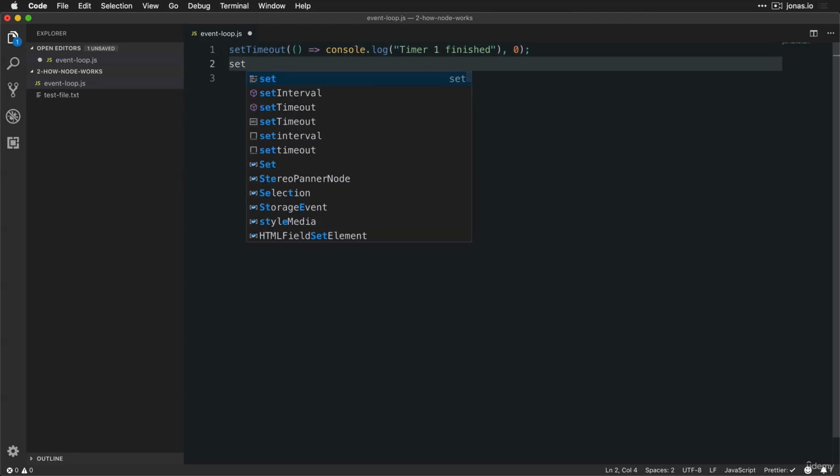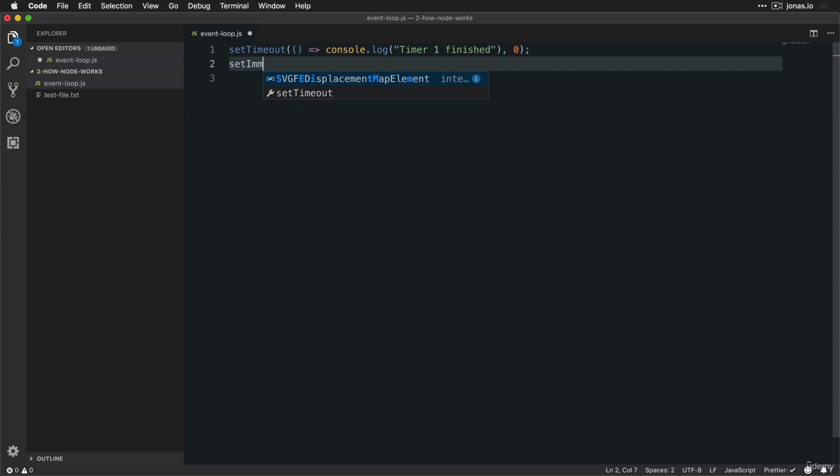Then let's also use setImmediate. So remember that from the last video. Okay, now I'm not going to explain a lot here. For now, let's write this code and then analyze what happens. Okay, so setImmediate. And just like the other timer, it receives a callback function. And all we're going to do is to write "Immediate 1 finished". And this one doesn't have any time, because that's not necessary, because as the name says,